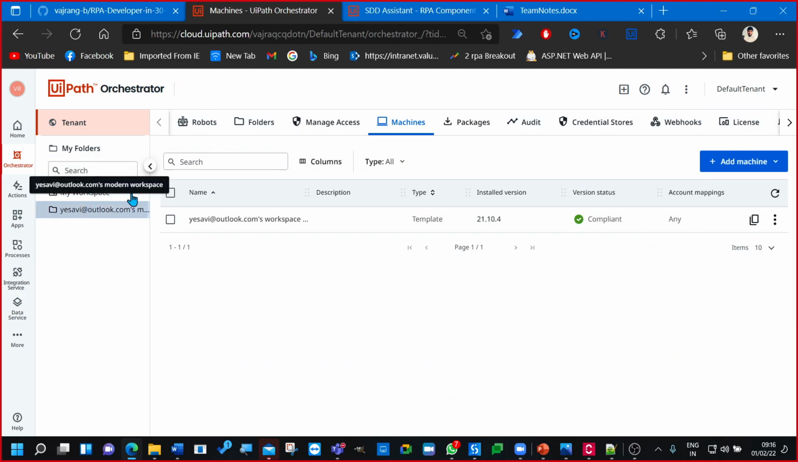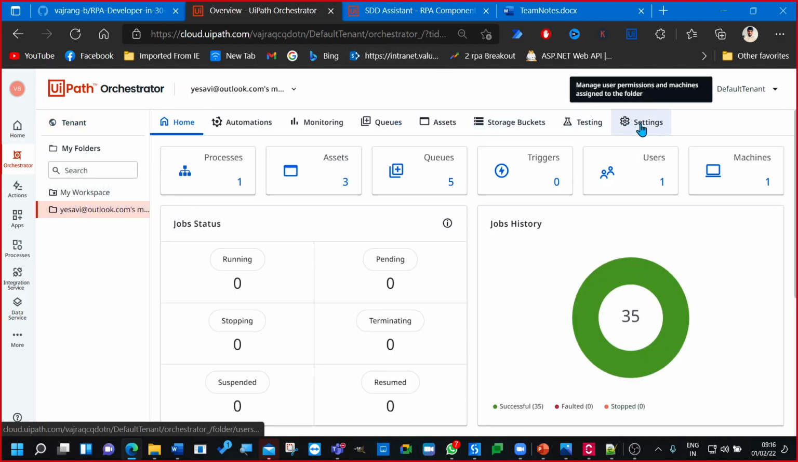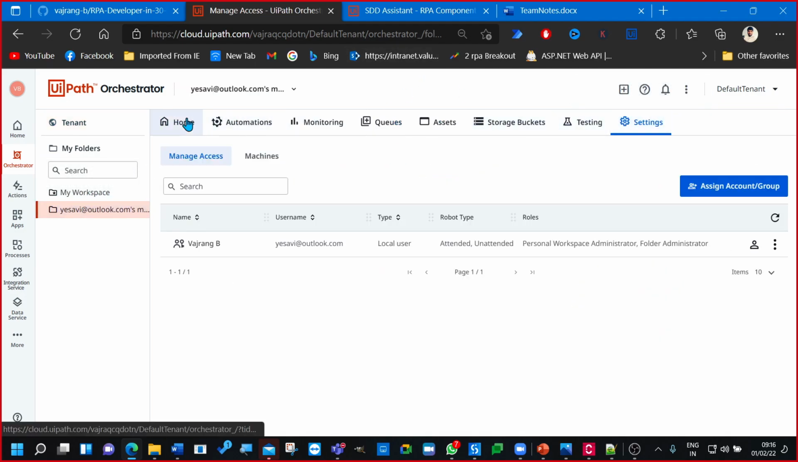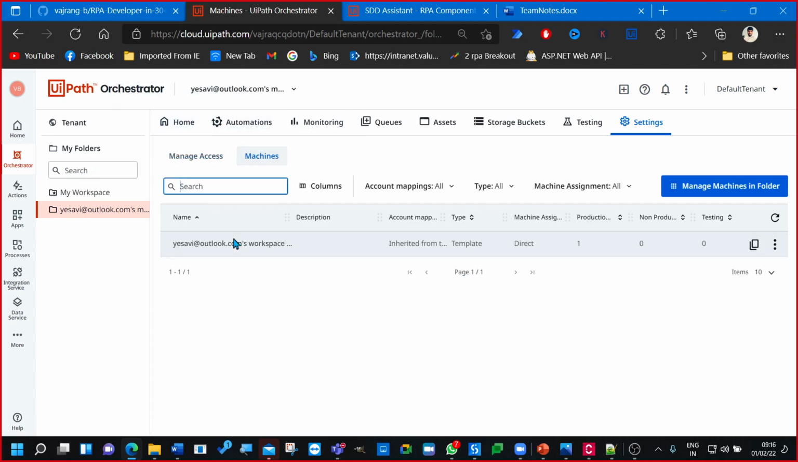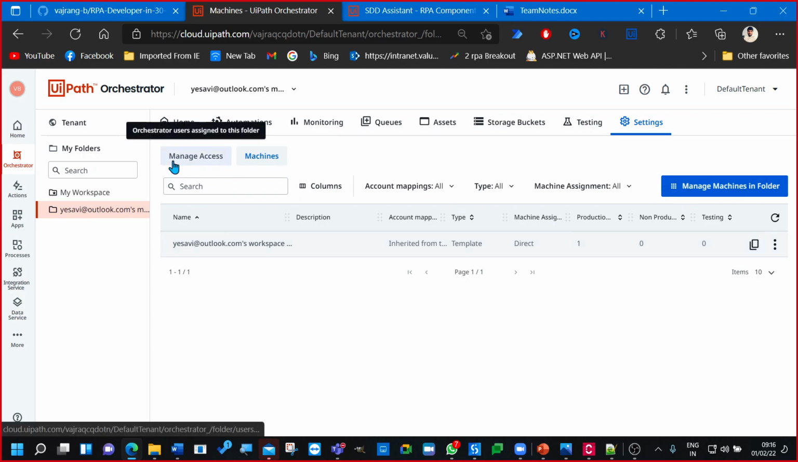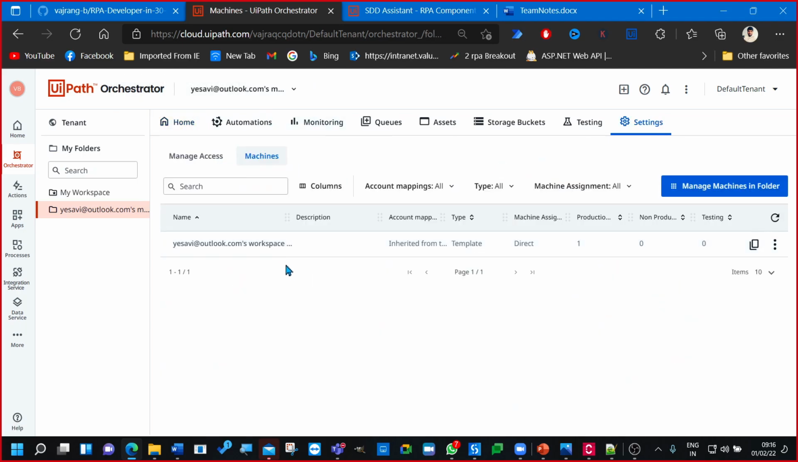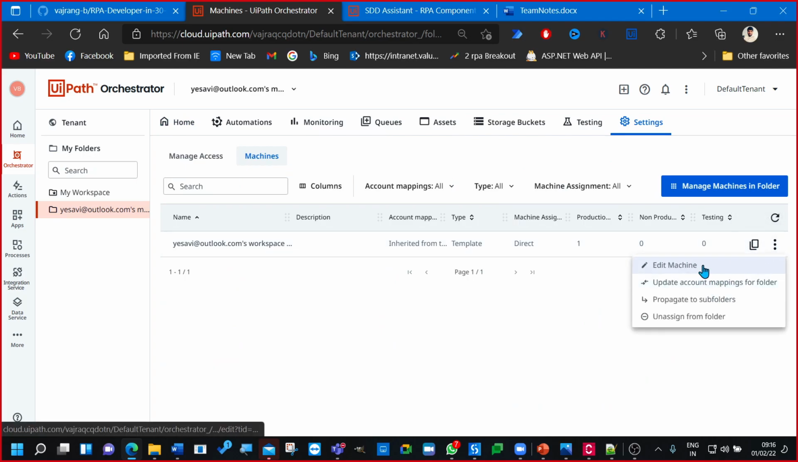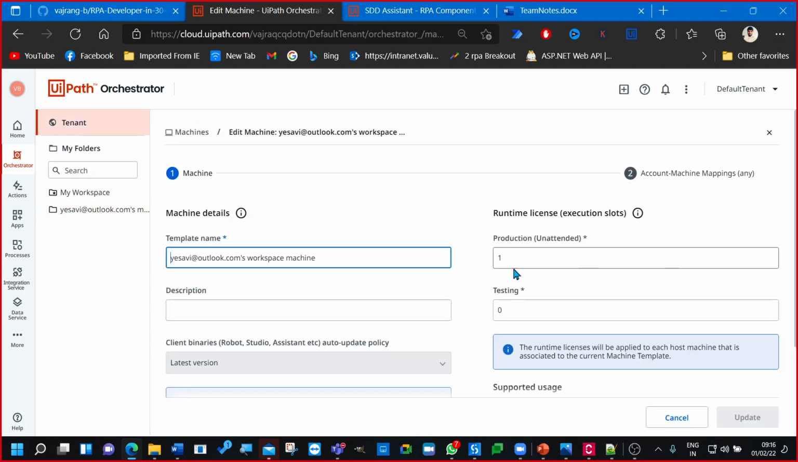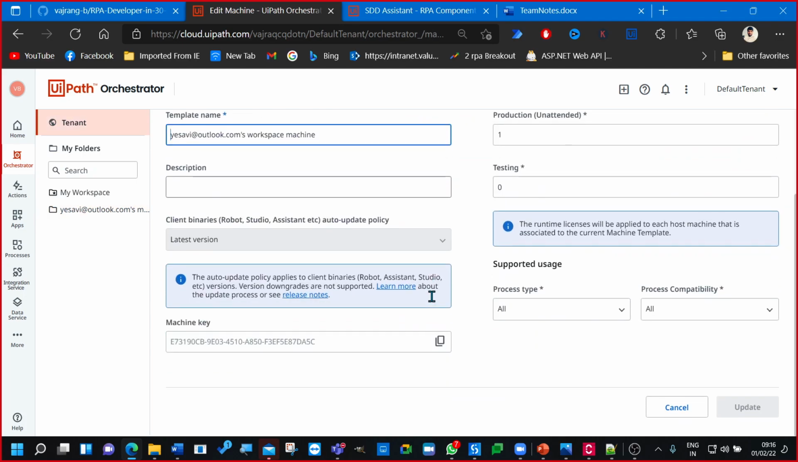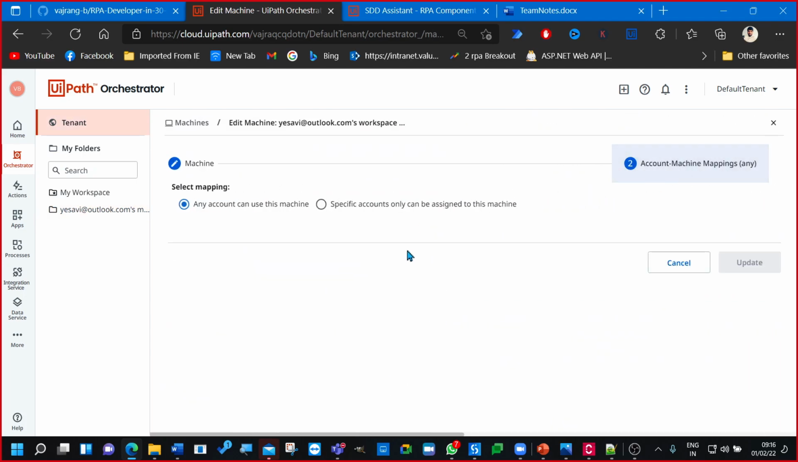So here we have this one, settings, accesses, manage access. We have machines, manage machines in this folder. Okay, home, machines. Okay, edit machine, update machine mappings. So let's see. Okay,